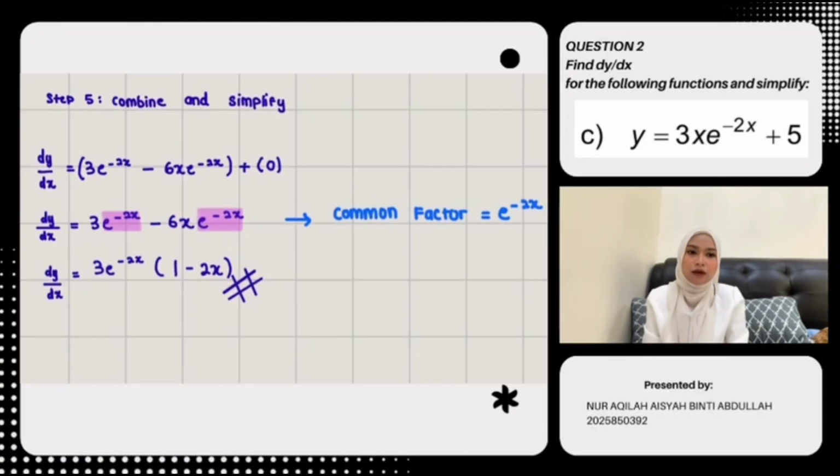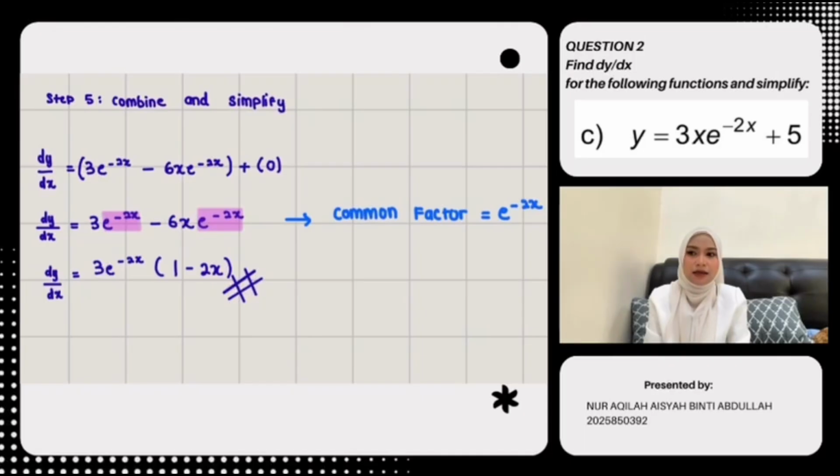So I just write it down. dy over dx equals 3e to the power of negative 2x minus 6x e to the power of negative 2x plus 0. And then we realize we have to factor out the common factor, which is 3e to the power of